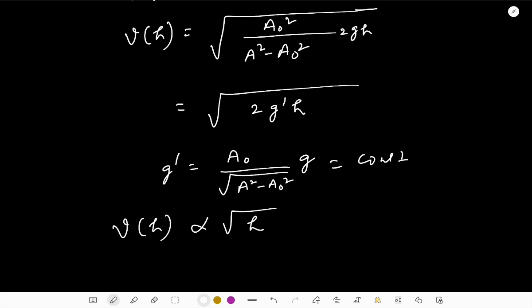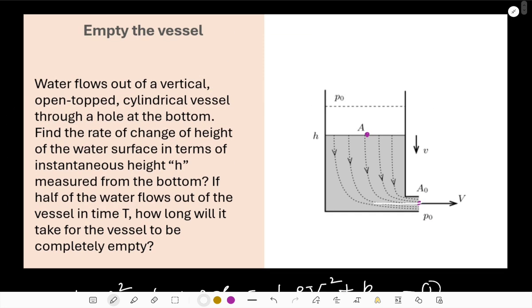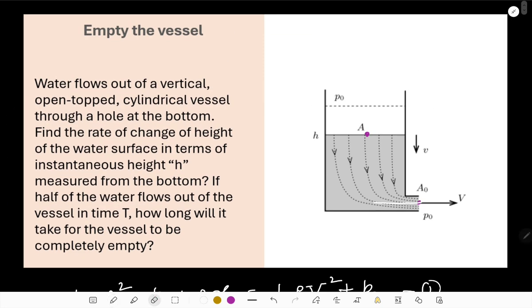And yes, that is my takeaway from here. So we just solved the first part of the problem, but I'm going to solve the next part of the problem as well. And to solve this problem,